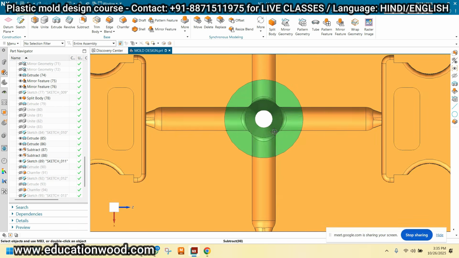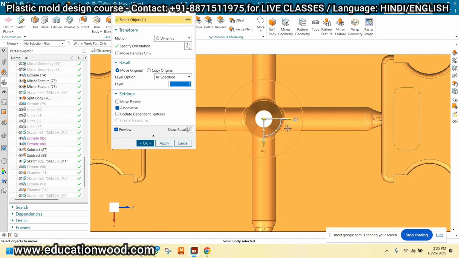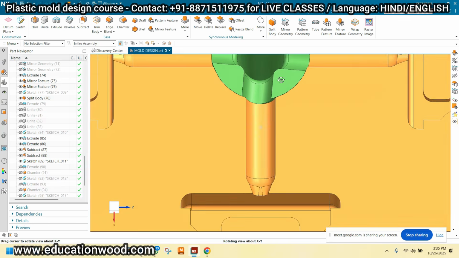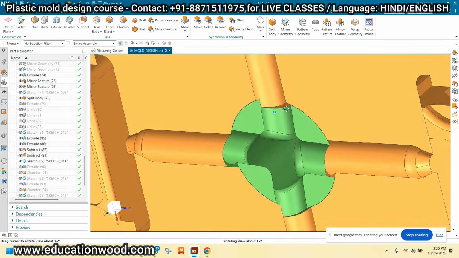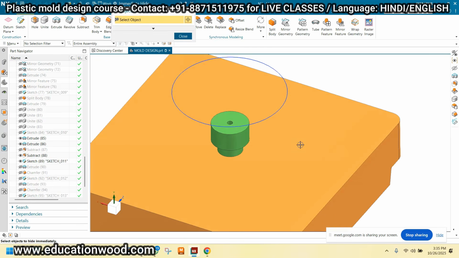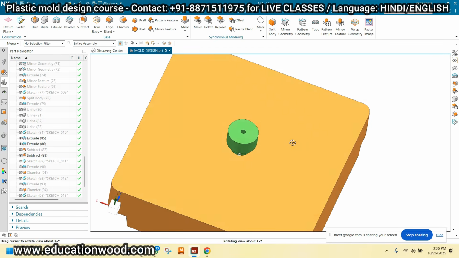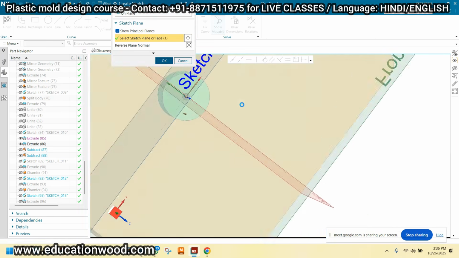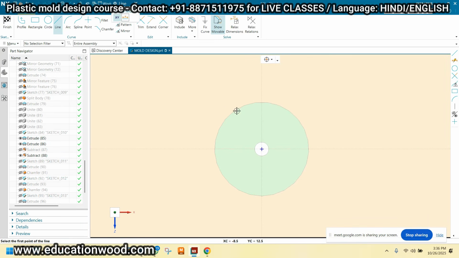For example, during the operation, it will tilt like this. It will take 5 degree from here, right? Like this. See, so what happened? Because of that, we have to provide the decut, or the locking, you can say, right? Which is very important. This is all the basic things. So we have to provide the locking to the bush. How can we provide the locking? We just provide the decut.